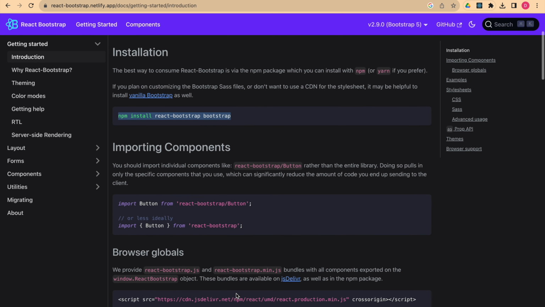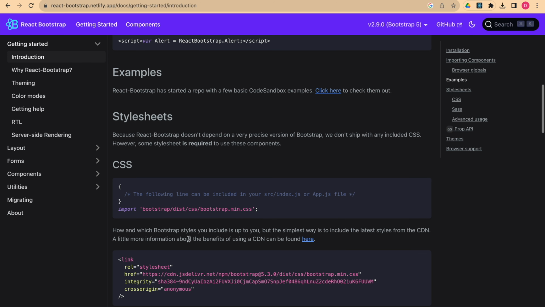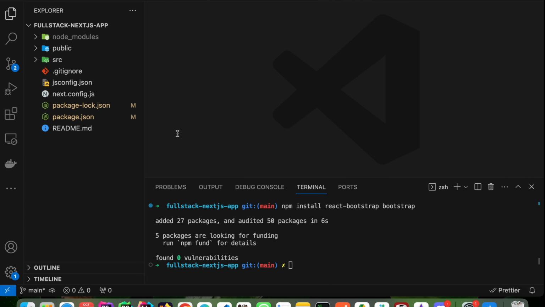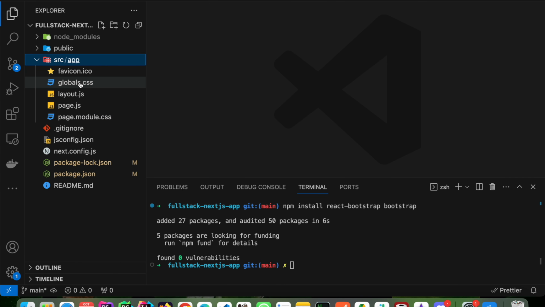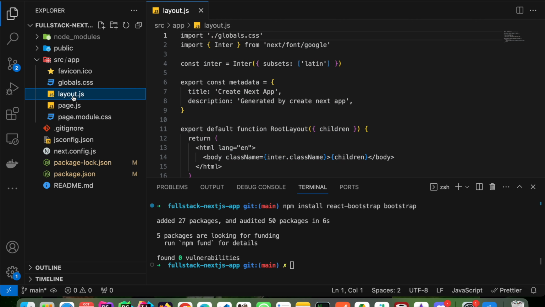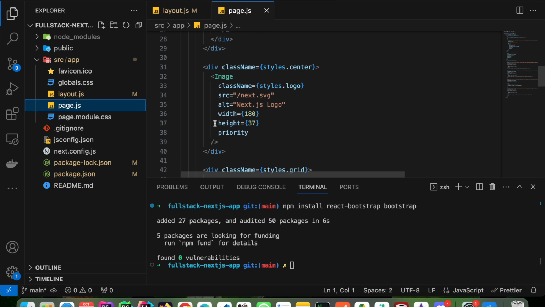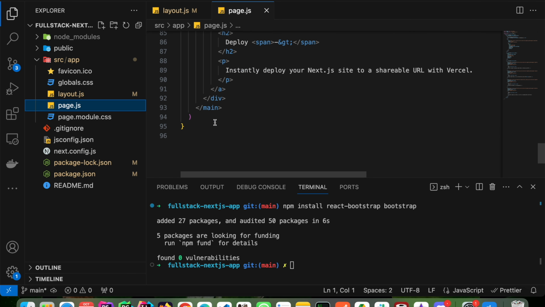Apart from that, we need to import the styling. So we can just use this bootstrap.min.css import, and we can open the src directory. Inside the src directory, we'll see layout.js, and you can see global.css is imported already. So we can just paste this line here, and let's clear out any code that we had already from the default Next.js installation. Okay, so if I run the project,